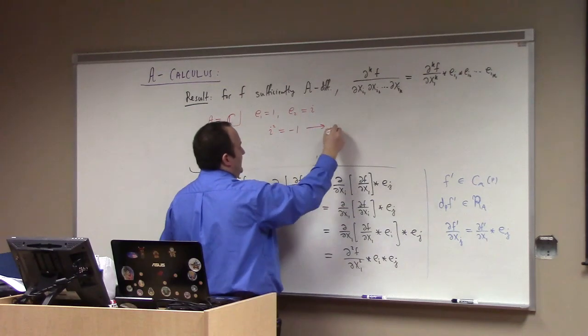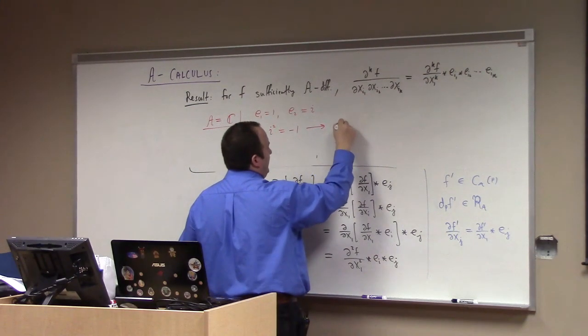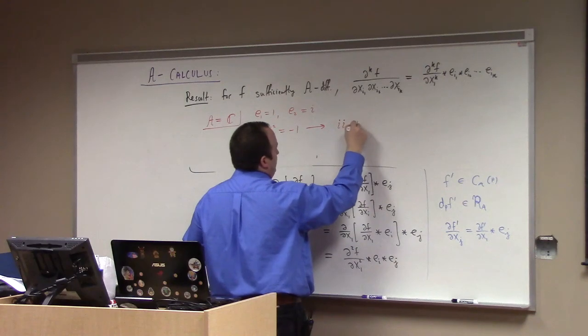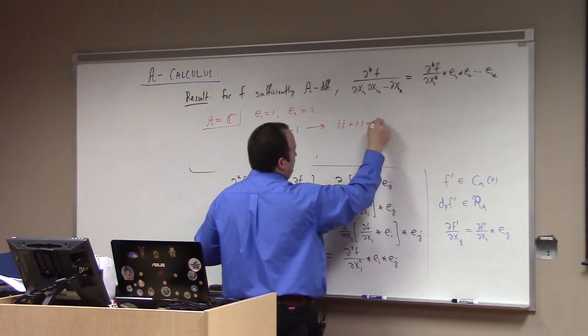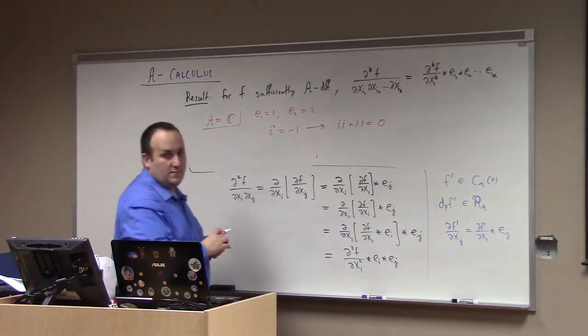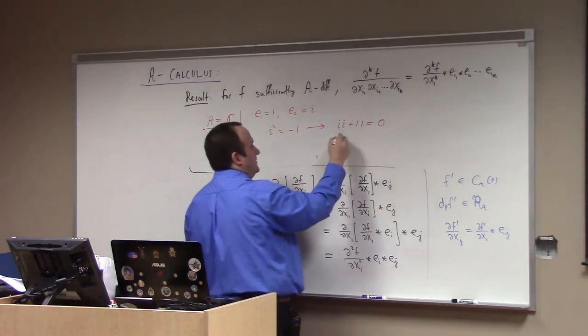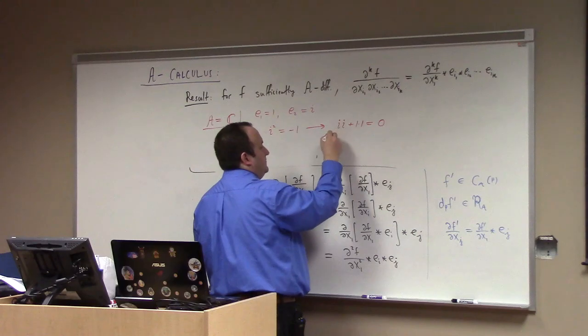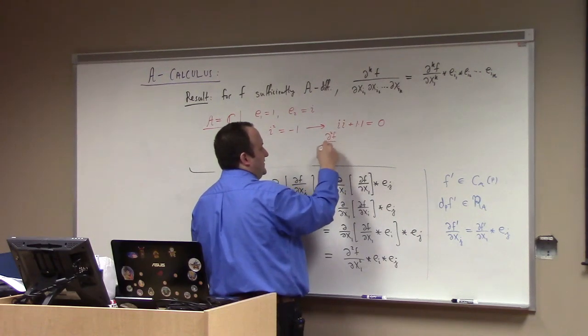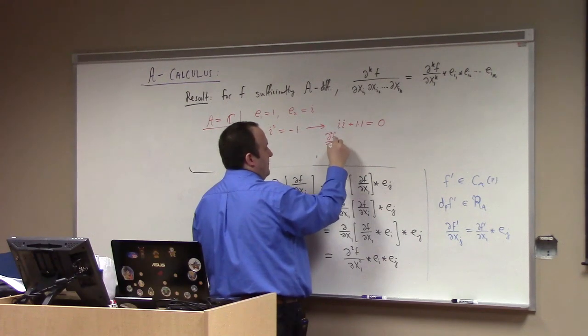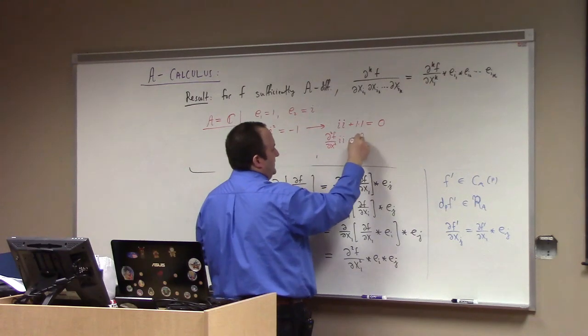But of course, we could look at that as i times i plus 1 times 1 equals 0. And if you take a complex differentiable function, you could look at this, well, partial squared f partial x squared, times i, plus partial squared f partial